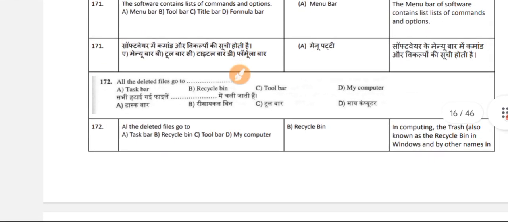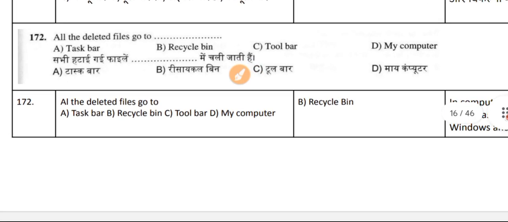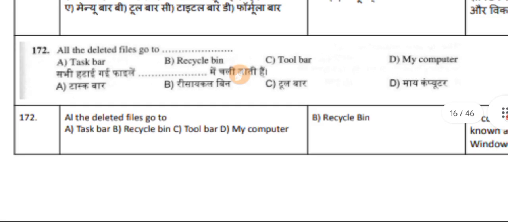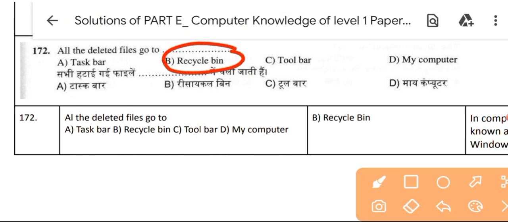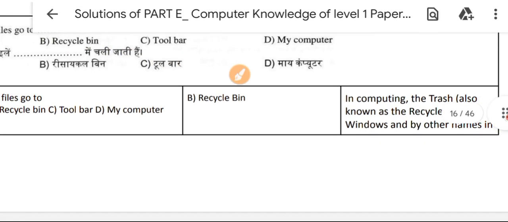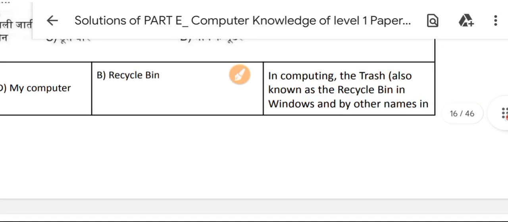Okay, next question is 172. All the files deleted go to where? When I delete any file on a computer, where does it go? Then it goes to the recycle bin. In computing, the trash, also known as the recycle bin,